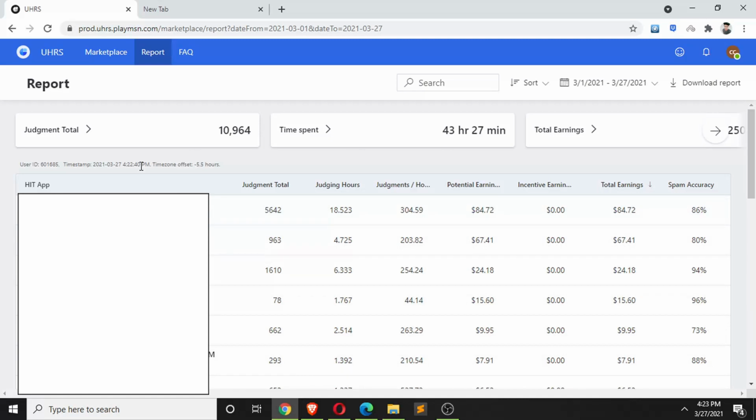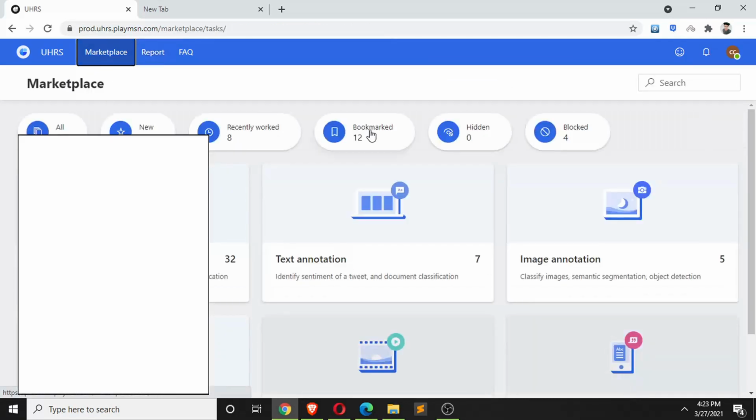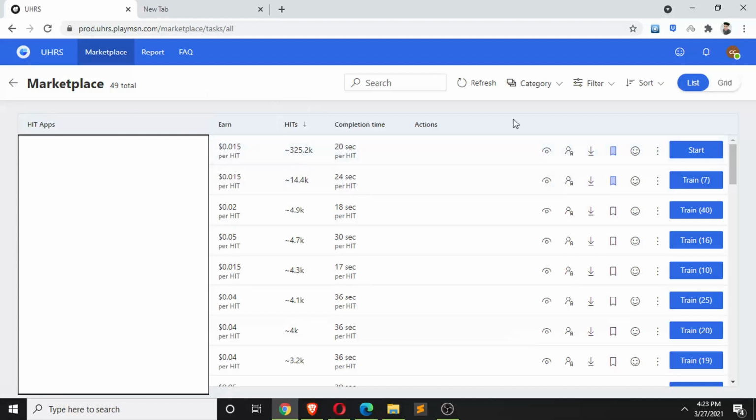And I hope, guys, this will help you a little, as I know the old marketplace was the best thing. But remember one thing: in the marketplace, always go to all, and after that click on list view, right? Because the list view looks very fresh and good. You can always see all the hit tabs in a single view.